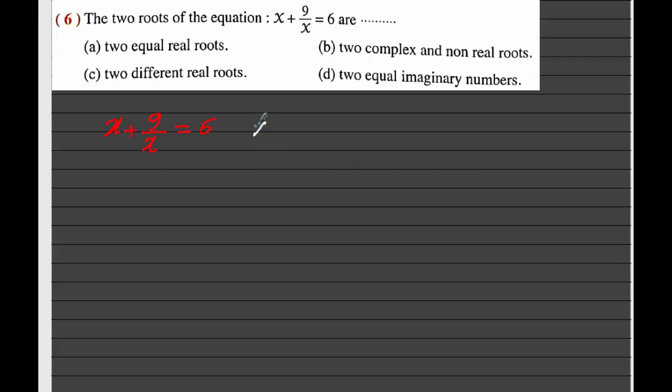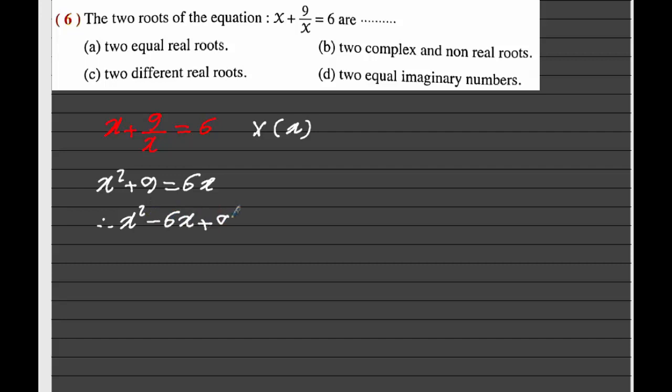So multiplying both sides by x. Okay, so x multiply x, it is x power 2, plus x multiply 9 over x equals 9, equals x multiply 6, it is 6x. So the equation x squared minus 6x